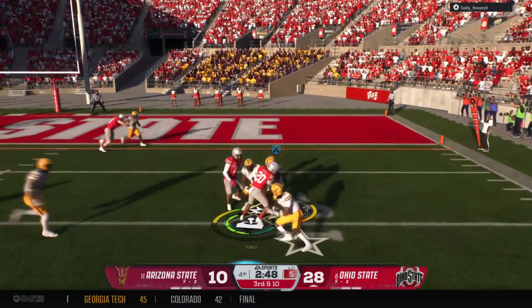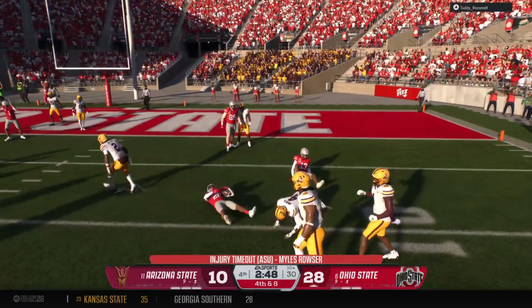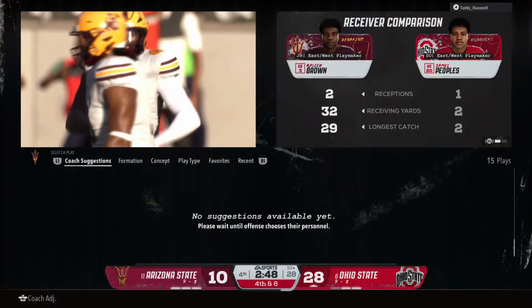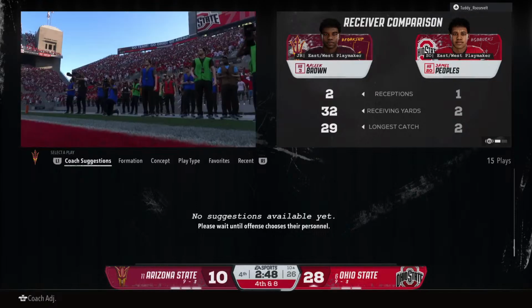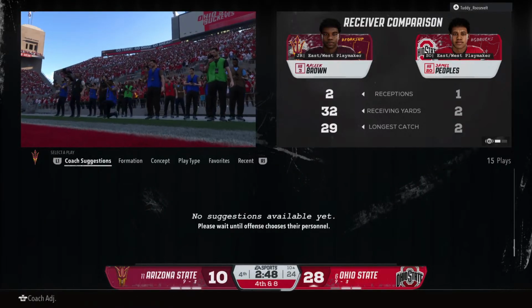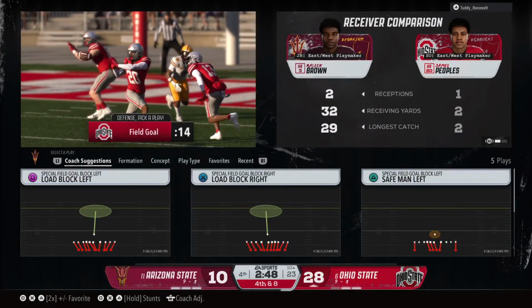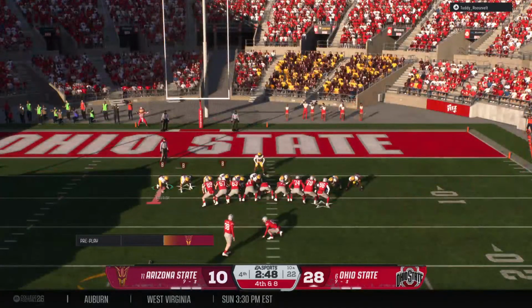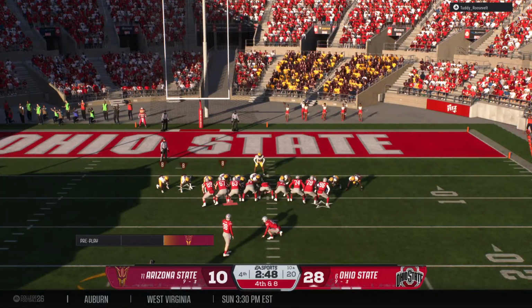Makes a quick catch. He's not going to get the first down. It's 4th down now. Looks like a man is down on the field after the last play, so we'll take a timeout. Coach elects to try for 3 points and sends out the field goal unit.